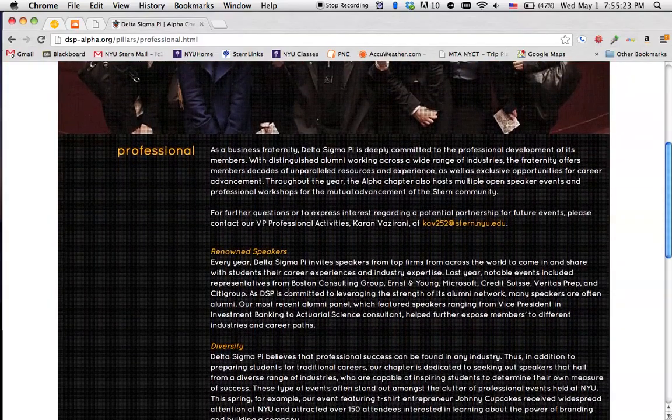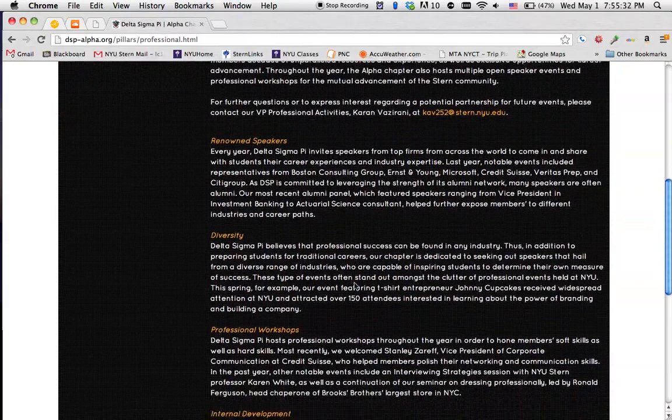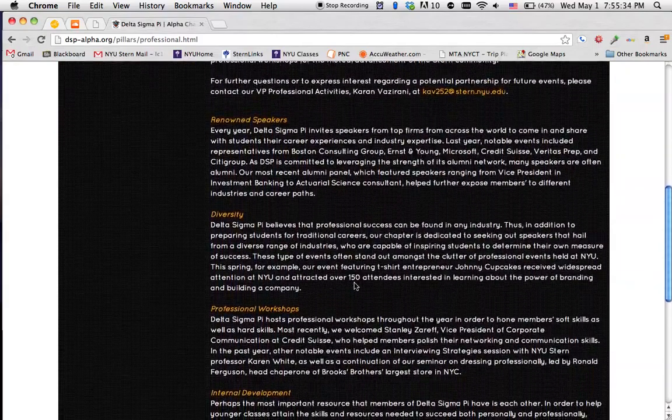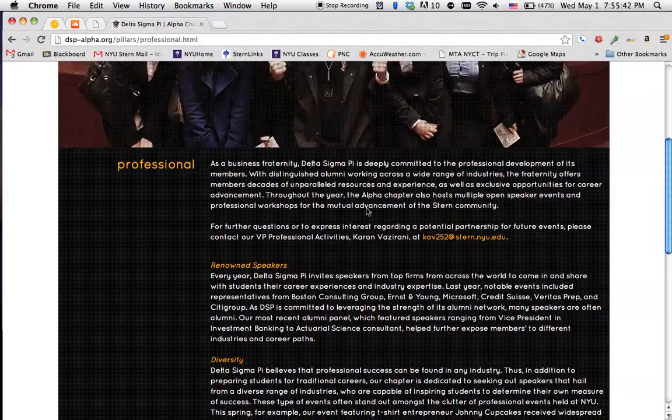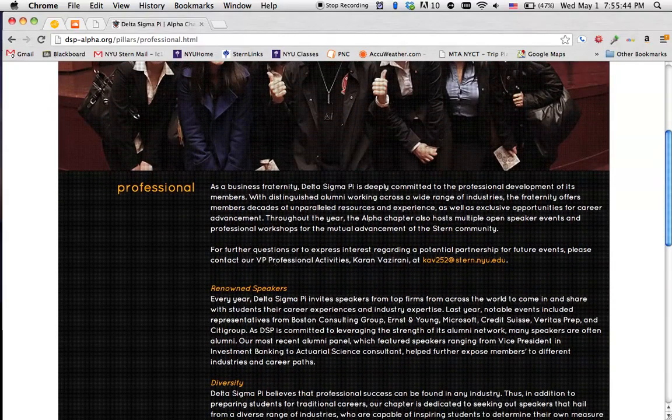All you have to do is, I think these are all annual long positions. So all you have to do is change it at the end of the summer or at the end of the spring semester, like after we do elections, to update it to the new VPs of each respective pillar. So all you really have to do is just update VP professional activities, the name, just change their name and